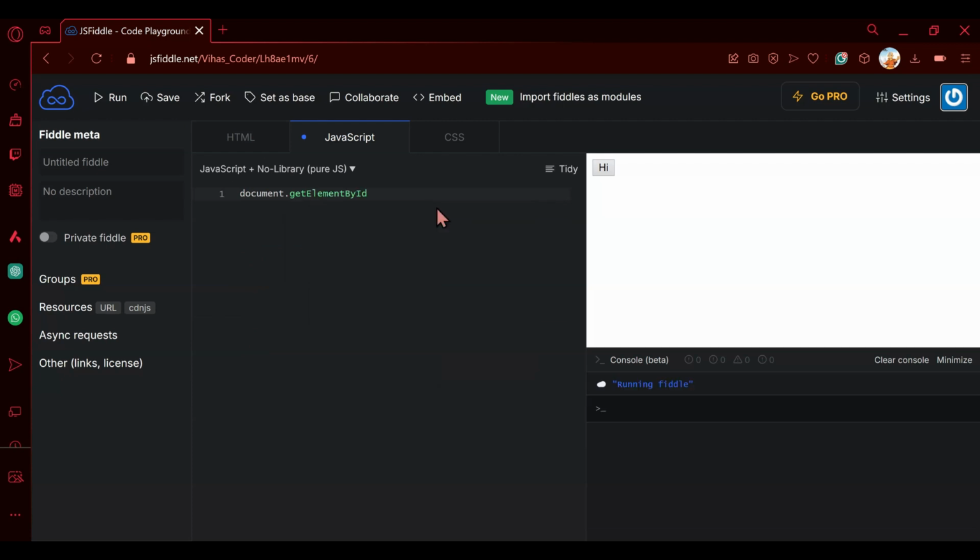But the simpler method is just copying. Okay, we're going to do this, then we're going to do this. We're going to get it from our head ID, of course. Then we're going to go dot text